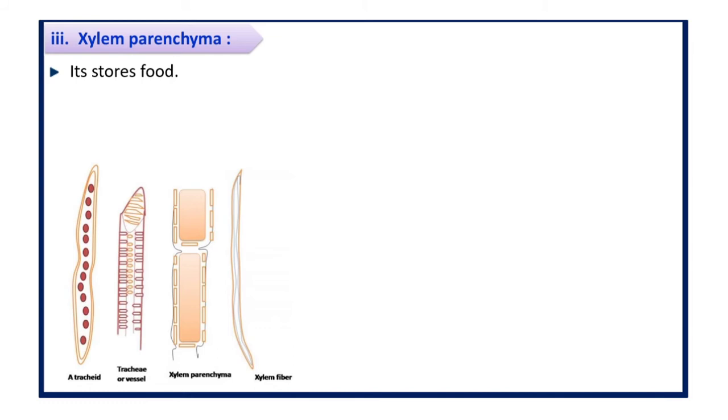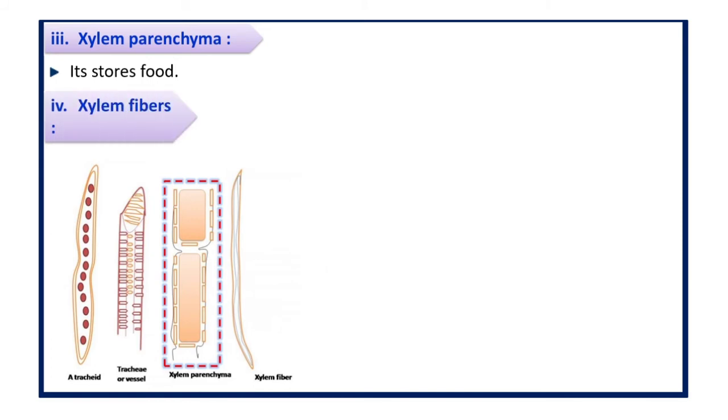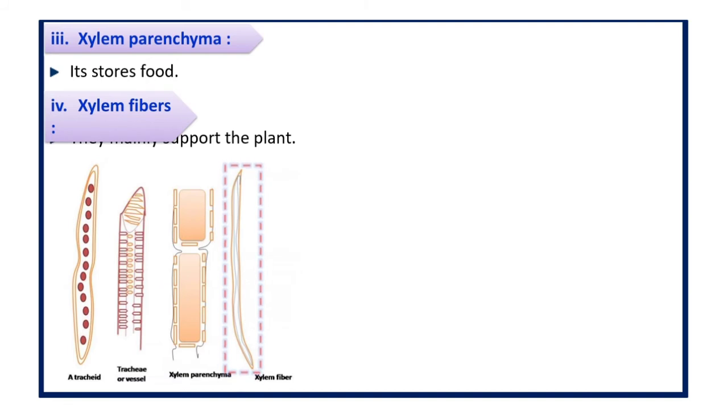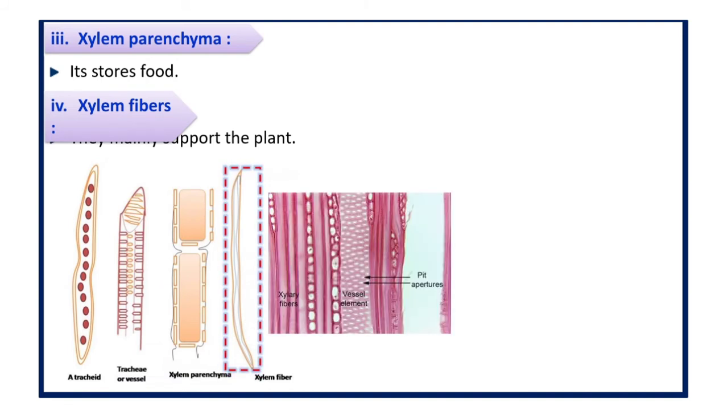After xylem tracheids and xylem vessels, here we are going to understand the xylem parenchyma. We know the main function of parenchyma is to provide support and store food. So in xylem also it stores food. In this way, these are the cells. First is tracheid, next is vessel, and the third picture is of xylem parenchyma. Lastly, we are going to see the xylem fibers. The xylem fibers, just like the name suggests, provide mechanical support to the plant, so they are very necessary for providing support to the plant. So we have studied xylem tracheid, xylem vessel, xylem parenchyma and xylem fiber.